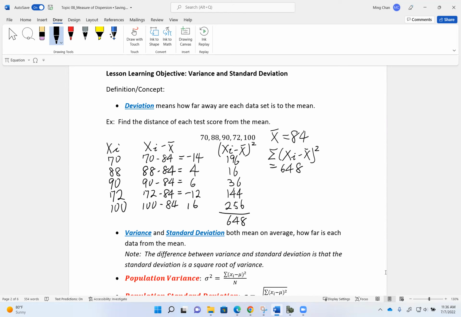Okay, so remember, I have 5 data values. So instead of taking these negative 14, 4, 6, negative 12, 16, adding them all up, divided by 5 to find the average distance. Okay, so we already found the distance of each test score. Right now, I keep going to find the average distance of each data value to the mean. So if I take this number divided by 5,